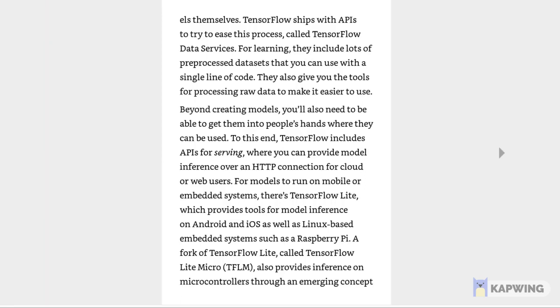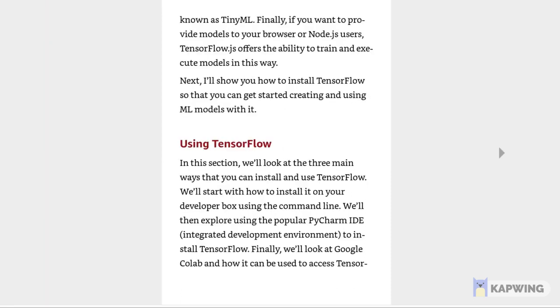So TensorFlow provides TensorFlow Lite that makes model inference much easier on such devices. It's also well used for Linux-based embedded systems, that is Raspberry Pi, as we have talked about before. A fork of TensorFlow Lite called TensorFlow Lite Micro also provides inference on microcontrollers through an emerging concept known as TinyML. So if you want to work on TinyML, which is related to deploying TensorFlow models on microcontrollers, you can also do that. And finally, for web browsers, we have Node.js, we have TensorFlow.js,